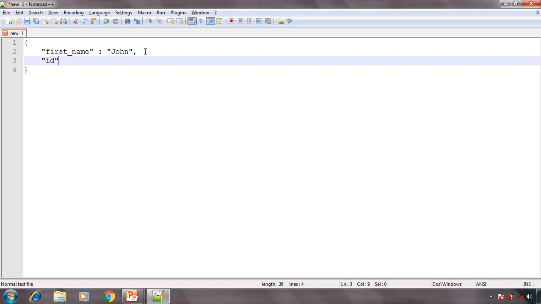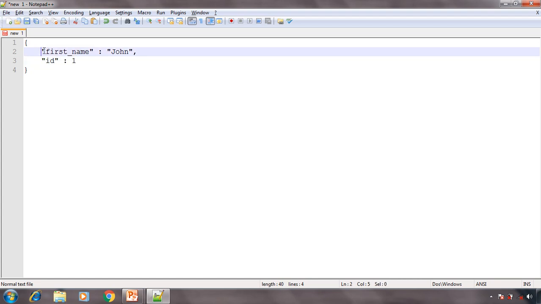ID is your key and the value is, say, a numeric value 1. So this is one key value pair and this is another, and both are separated by a comma.